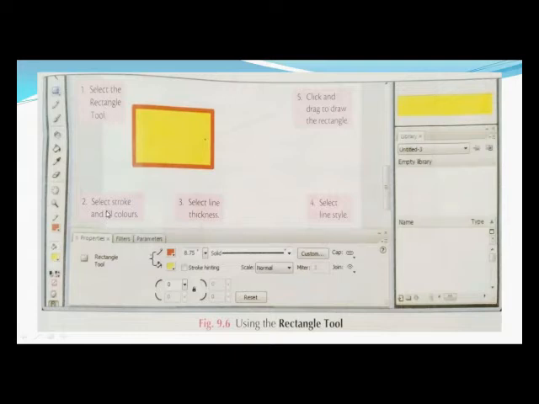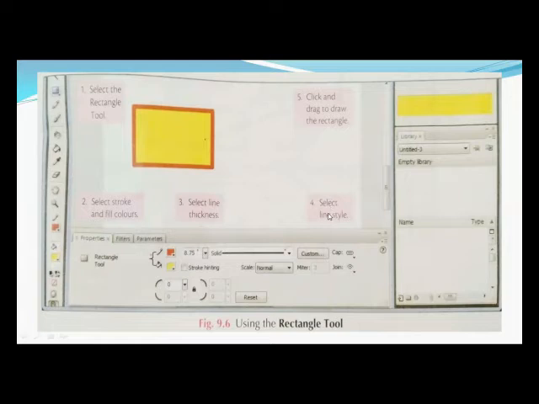Then what you will do next, you will select stroke and fill color. You will select stroke color from here and fill color from here. This orange outline is the stroke and the yellow part is the fill of the shape. Stroke is the outline and fill is the inside of the shape. So you can select the stroke from here and fill color from this option. Now you will select the thickness of the line, meaning how thick you want the line. So you will select the option from here.